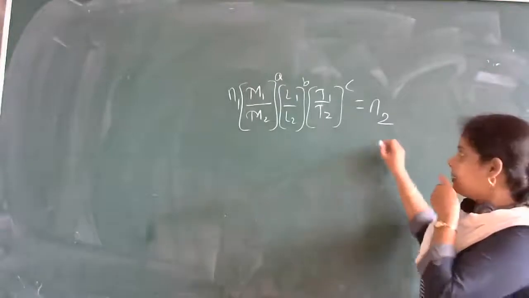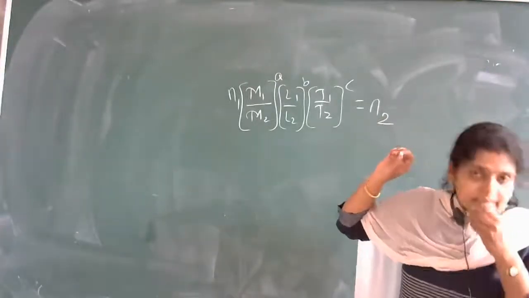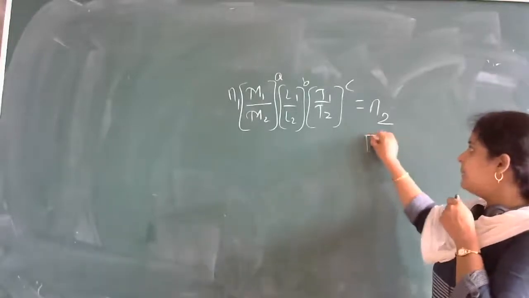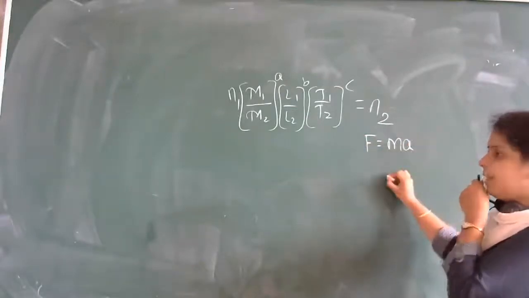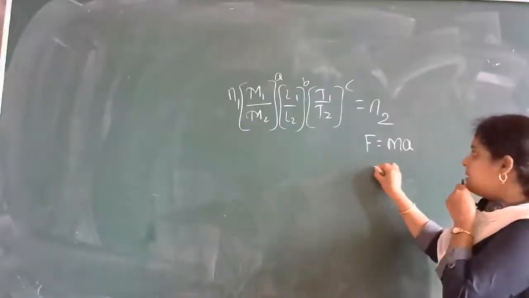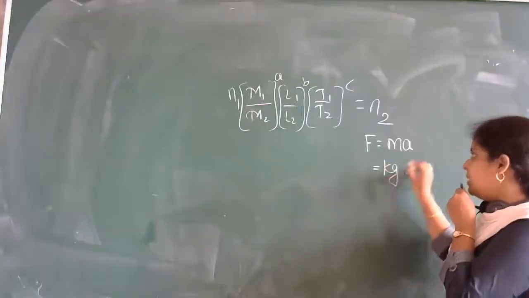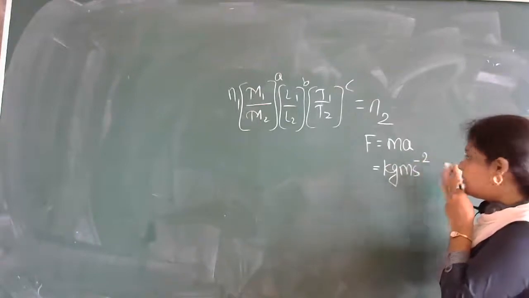That is correct. So Newton can also be written as, someone has written the answer, kg meter per second square. I'll show you, see. F is equal to, what is your formula of force? It is F is equal to m into a. This is equal to, mass is measured in terms of kg. Acceleration is measured in terms of meter per second square.